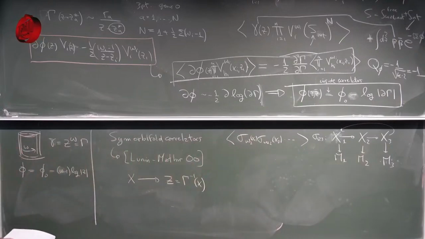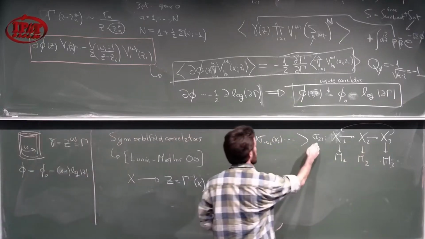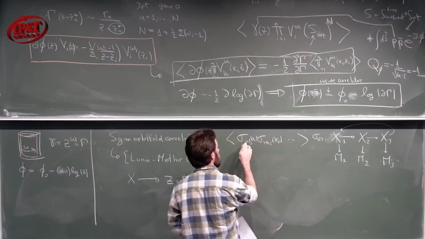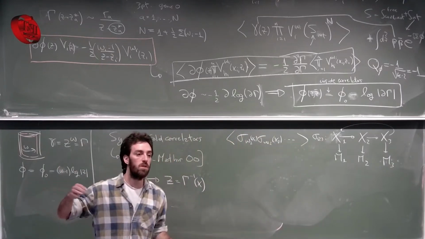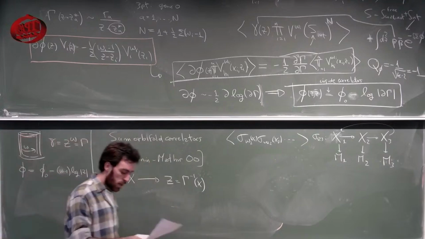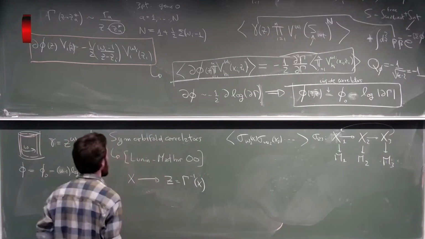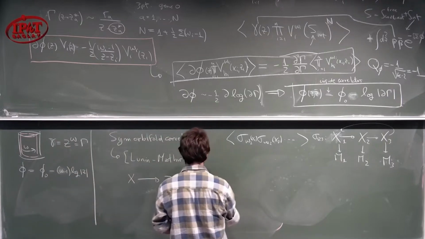And the way Lunin and Mathur do it is they show that if you go to a covering space, which is defined by the different insertions that you have here, you trivialize those boundary conditions, and then it's just some trivial computation. But then the point is that you have to take care of the conformal factor when you go from